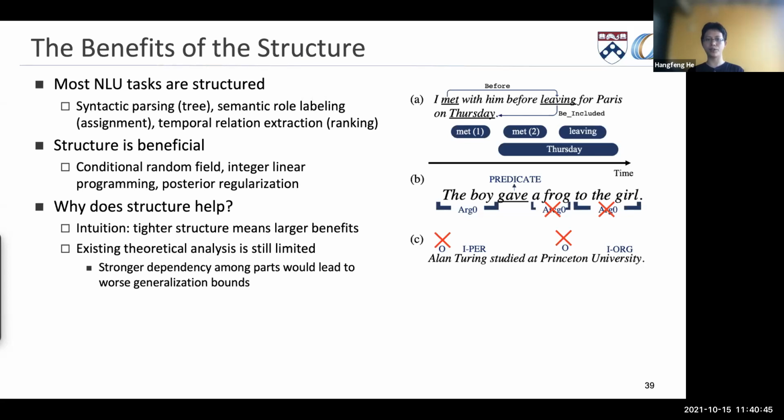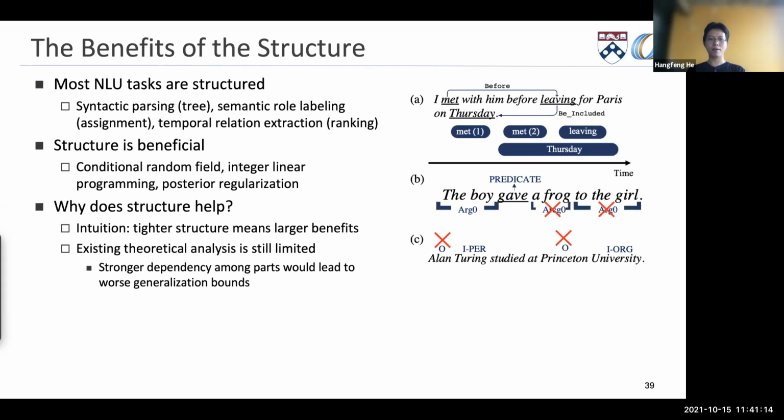However, existing theoretical analysis has a contradictory discovery, where stronger dependency among tokens would lead to worse transition bounds. Why? For instance, you have m examples, and for every example, you have n tokens. If you have quite strong dependency in the sentence, then the effective sample size is m. If you have quite a loose dependency in the tokens, then the effective sample size will be m times n,